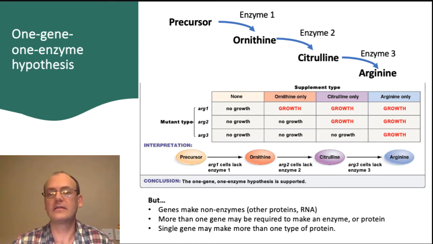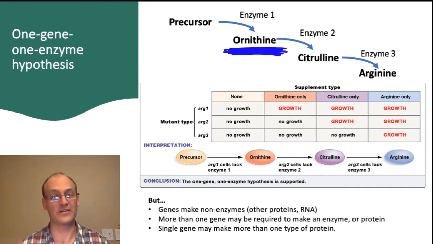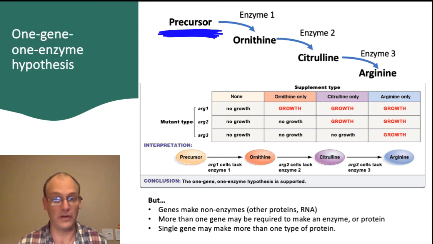In the 1930s, Beadle and Tatum used a type of mold called Neurospora, and they found that they could induce mutations that changed the way the mold manufactured arginine out of other materials. Previous experiments have shown that in order for the cells to manufacture arginine, they needed to have access to citrulline. In order to manufacture citrulline, they needed to have access to ornithine. And in order to manufacture ornithine, they needed access to another precursor. Each step in this pathway requires a particular enzyme.